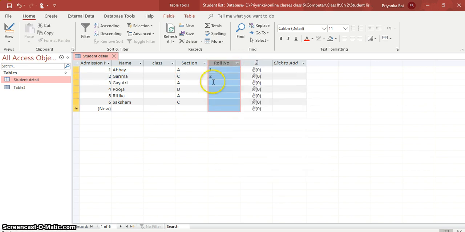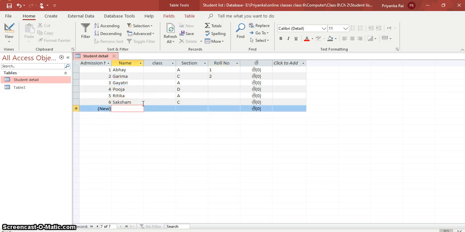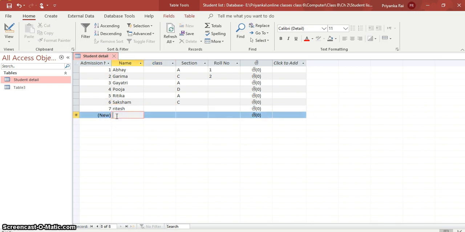This is auto number, and as I have created it, the admission number is also auto numbered. Suppose I am writing here, automatically 7 appeared because it is auto numbered. Like if I am writing here, automatically 8 appeared. This is because of auto numbering.